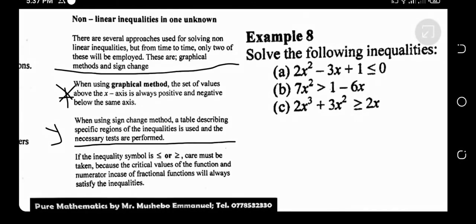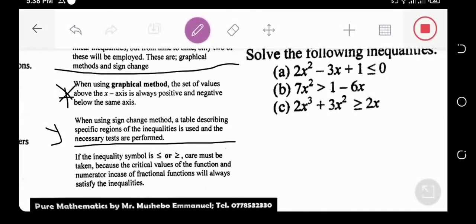Now we are saying that if the inequality symbol is less than or equal to or greater than or equal to, care must be taken because the critical values of the function and numerator in case of fractional functions will always satisfy the what? The inequalities. So we will see this when we come to the examples,